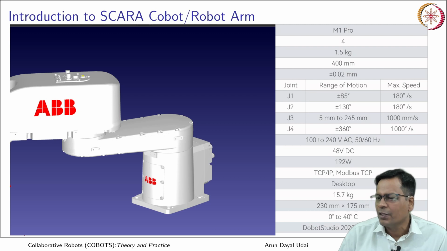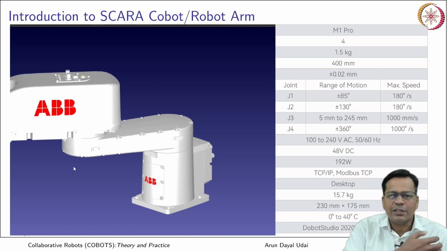So in this case what you can see here, why this robot is very popular, because all the motors for the first and second axis lie at the ground. Okay, and the second joint is connected mostly using a belt. So you have low mass which is moving. So both the motors are situated at the fixed base, okay, over here, in the fixed base. So that makes it very lighter, okay.